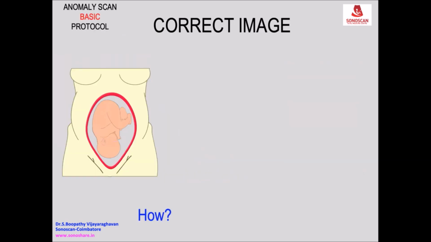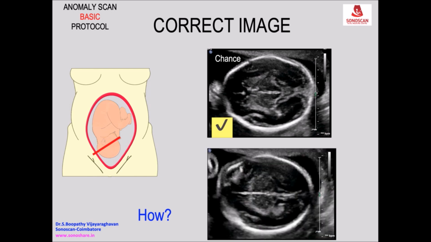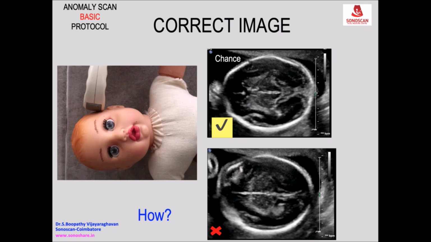And take this example, you do the survey scan and you know the fetal position, you know the fetal head, and you attempt to take the BPD HC plane, and sometimes you get the correct image, but most of the times you get some fault error in the image. Like this you see the roof of the orbit, so you get it by chance and you are satisfied, but if you get it by mistake, you should know how to get the correct image. That is explained by the fetal mannequin.